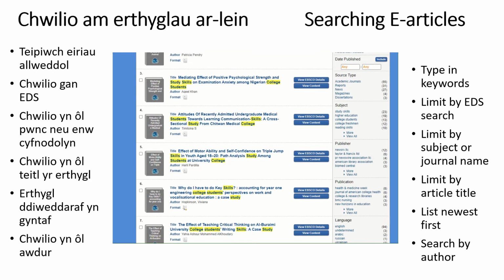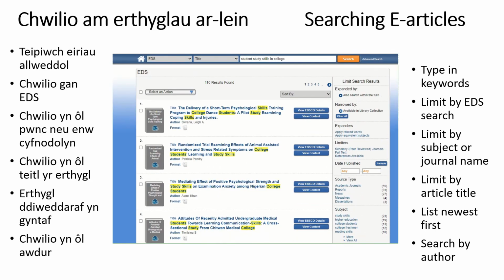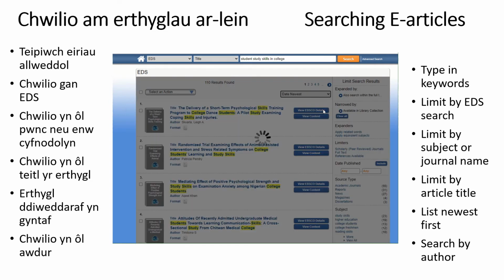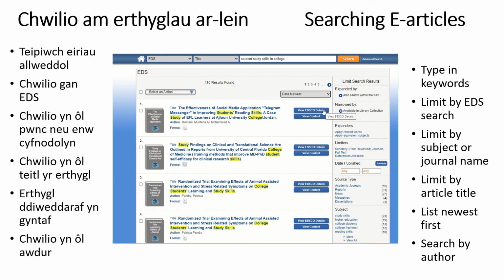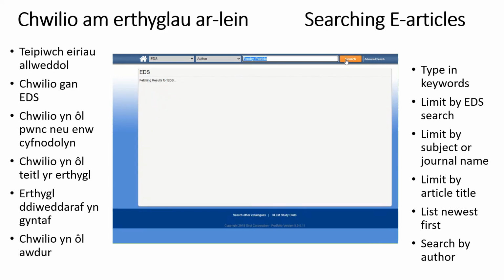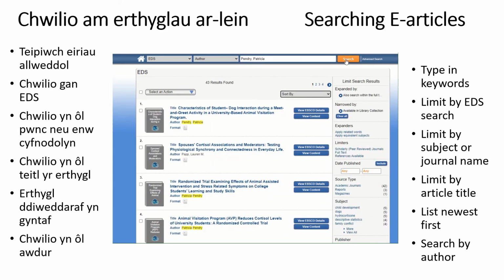In the search results, you can also click on Sort By to bring up the most recent articles published. This will help you find out who is writing about your topic at the moment. You can then use this author name to do a specific search for other articles they have written. In the Search Fields drop-down box, choose Author, then type their name in the search field and click Search. This will bring up a list of other articles they have written which will support your research.